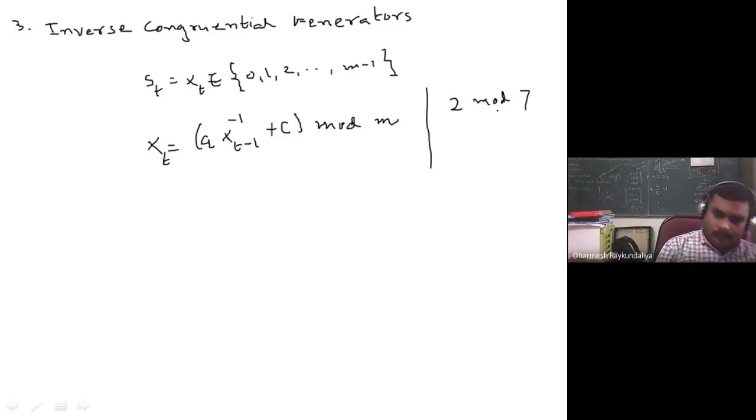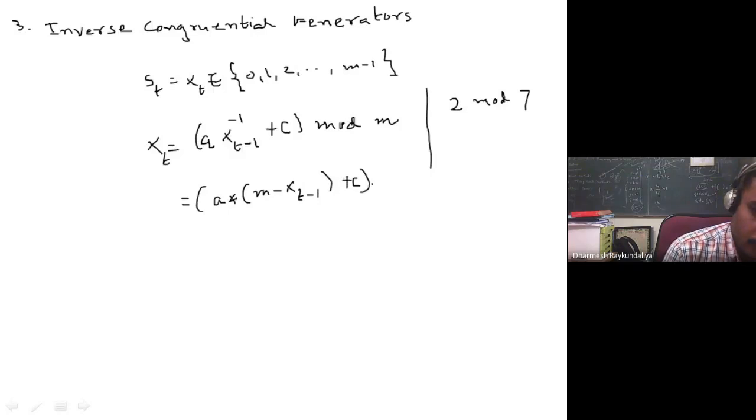It is 5. So whenever you are writing the inverse, it is a into m minus Xt minus 1 plus c modulo m. Okay, and this is the transition.